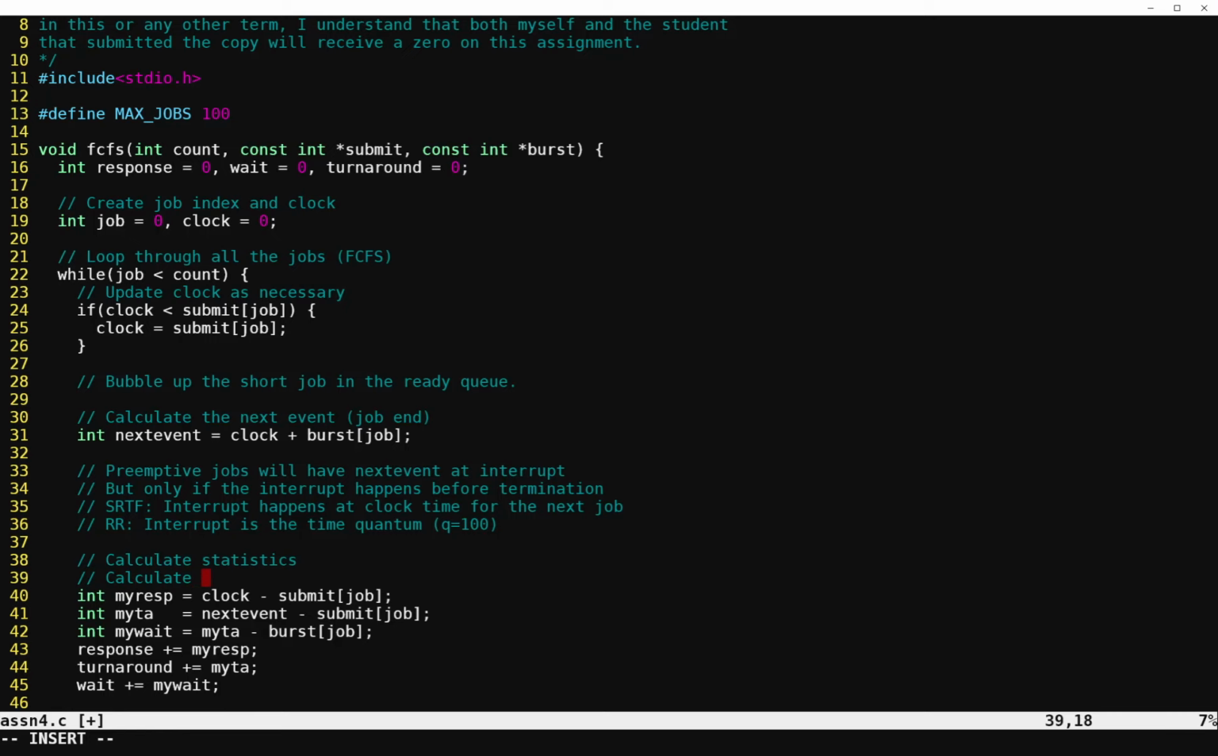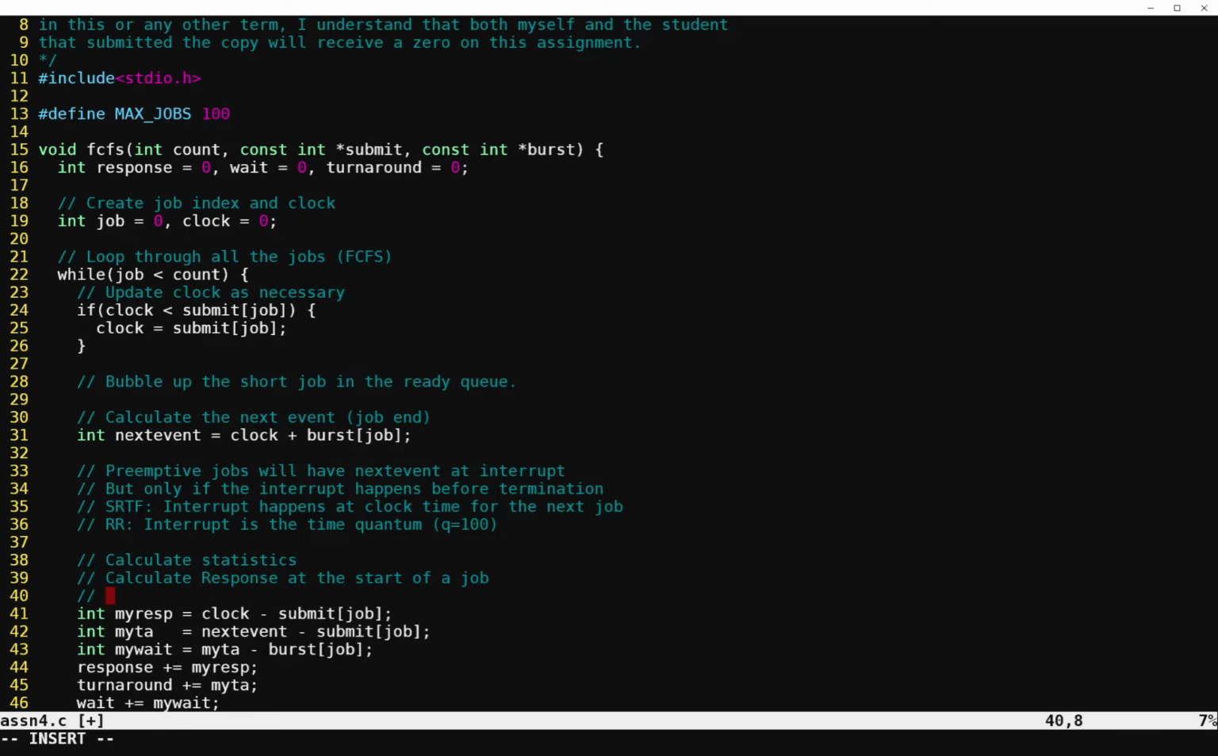You'll calculate response time at the start of a job. And that start is when the remaining burst time is still equal to the original burst time. Now, this remaining burst time is a value you're going to want to keep track of for the